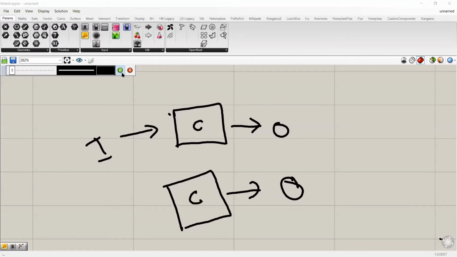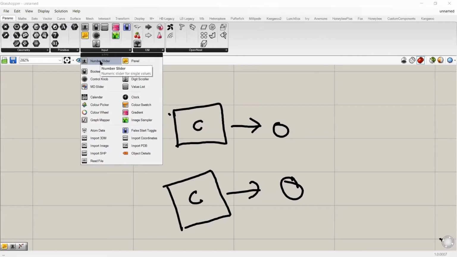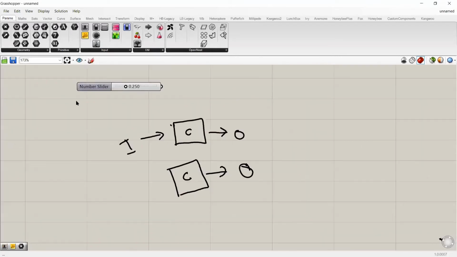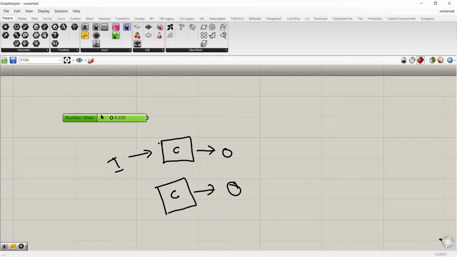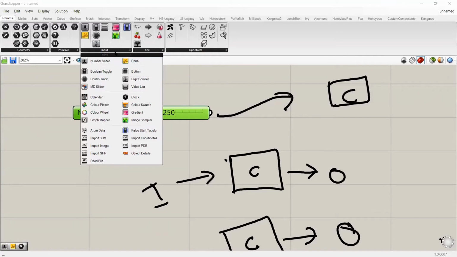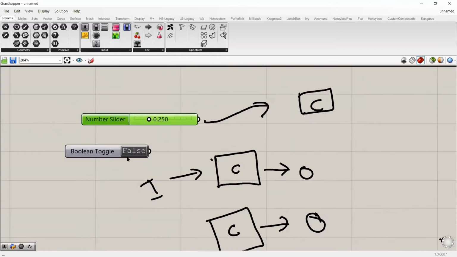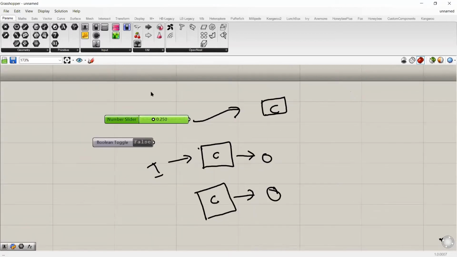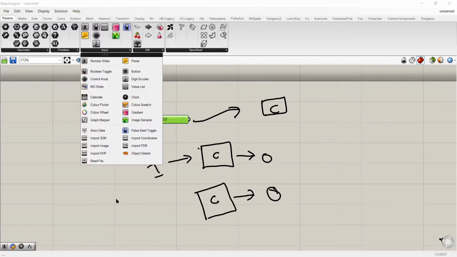So for example, I go to a number slider, select it from this Params tab, and drop it on the Grasshopper screen. This is a component which is actually used to give an output to any other component, and it does not require any input. Another example is the Boolean toggle, which is used to set a true or false condition to any component, and we have many others.